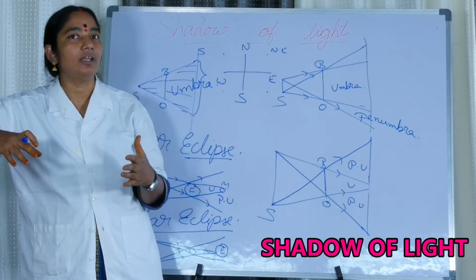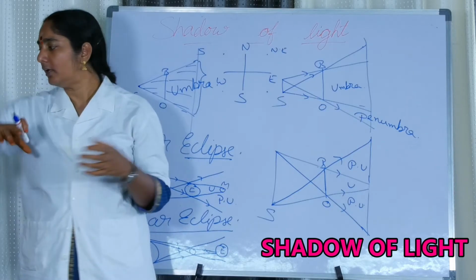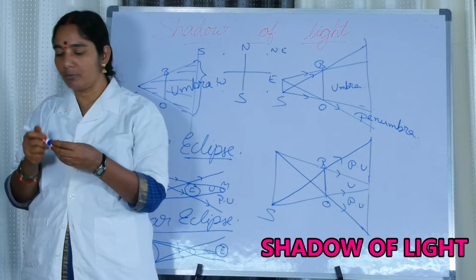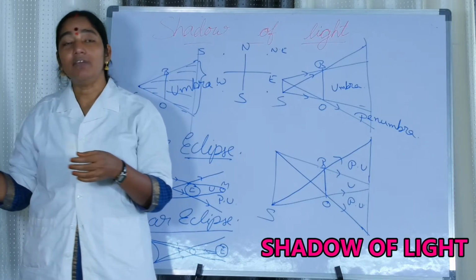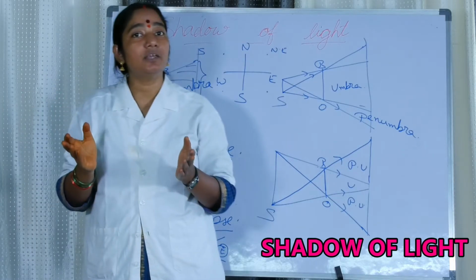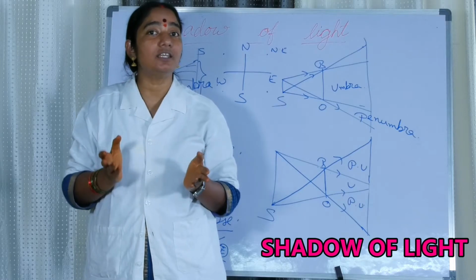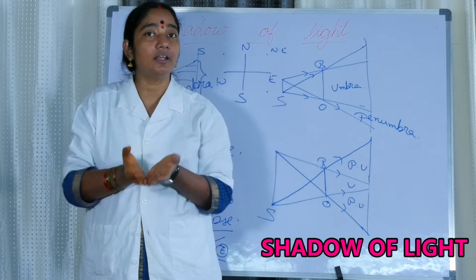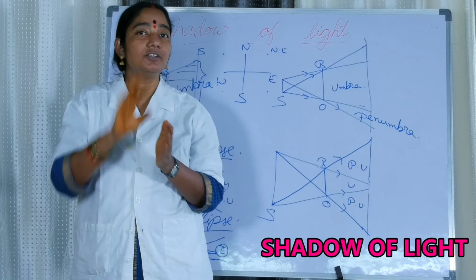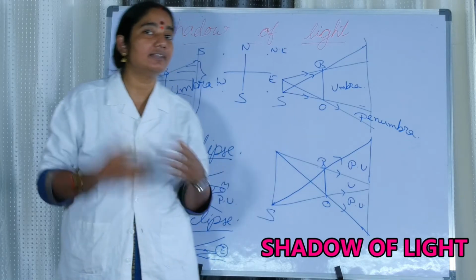On a full moon day, what is happening? Let us see what is happening on a full moon day. Every day the moon is changing its shape, but the sun is not changing its shape. The sun is always spherical, but the moon is changing shapes. So what is the reason behind it?